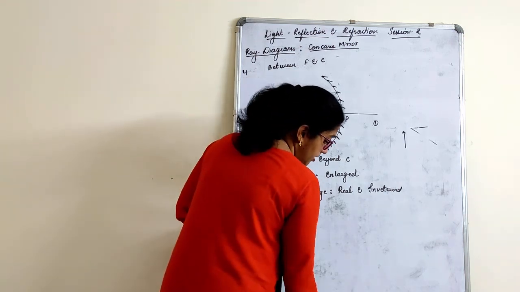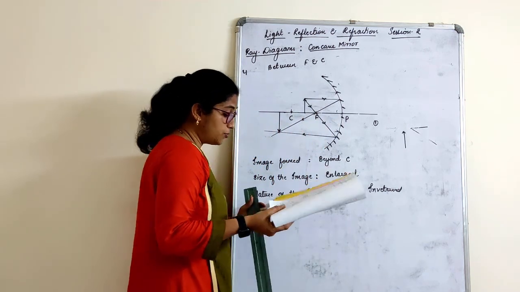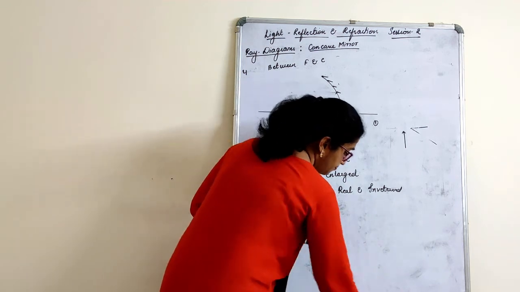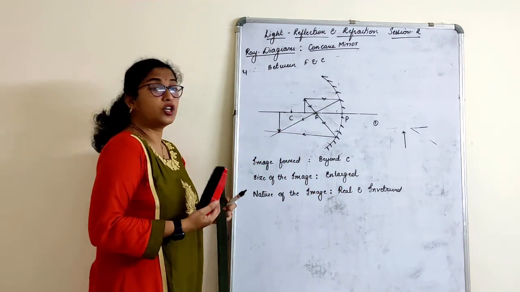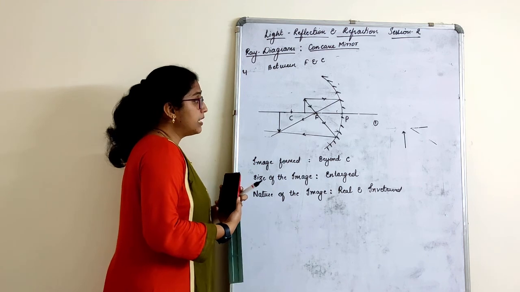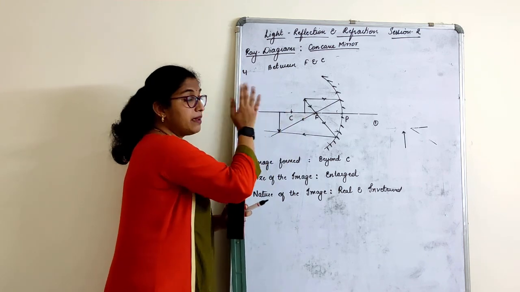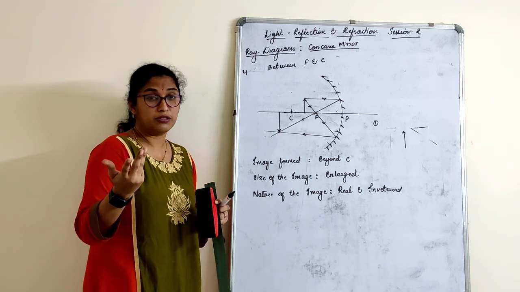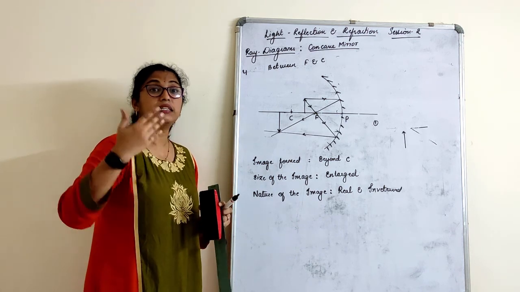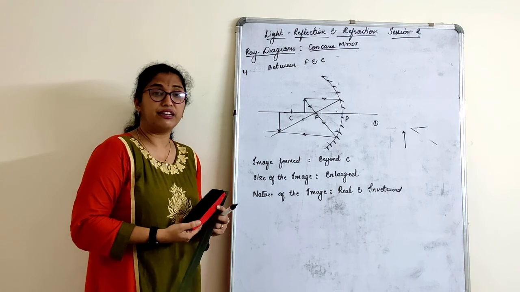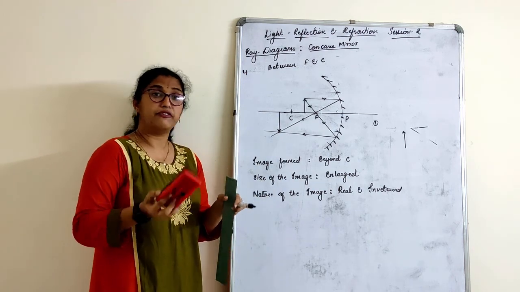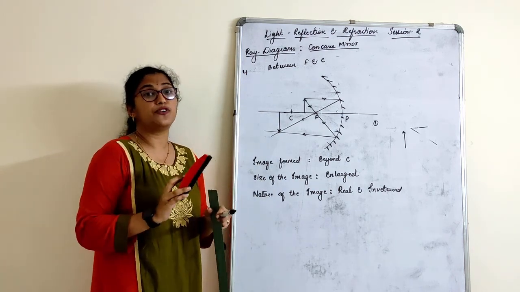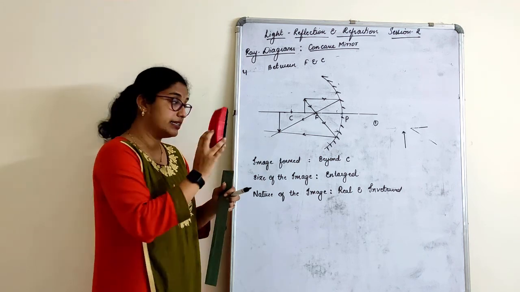Next position. So the next position is when the object is kept at F. Now, you tell me what could be? Now when I kept it between this, it came beyond C. Now what could be beyond C? Beyond C, we don't tell. Then it is nothing but at infinity. At infinity means somewhere it will meet. Where, we don't know. Somewhere the image formation is done. At infinity. Let's do that.